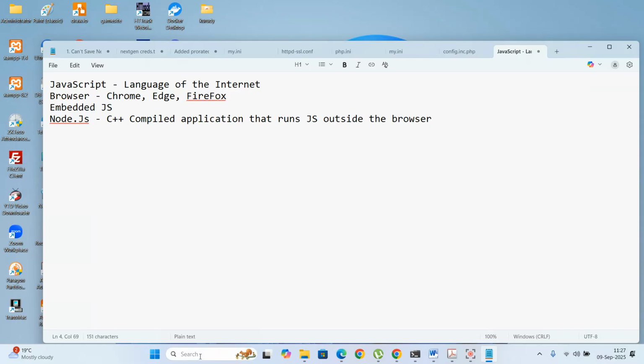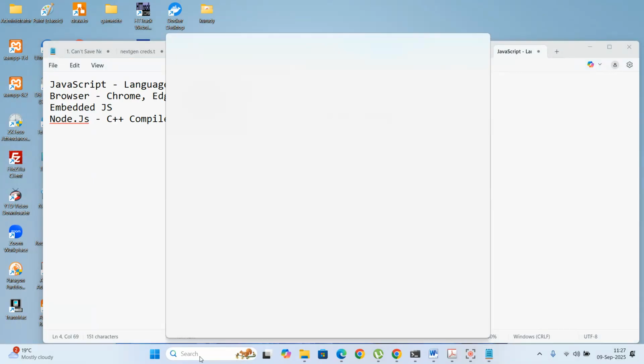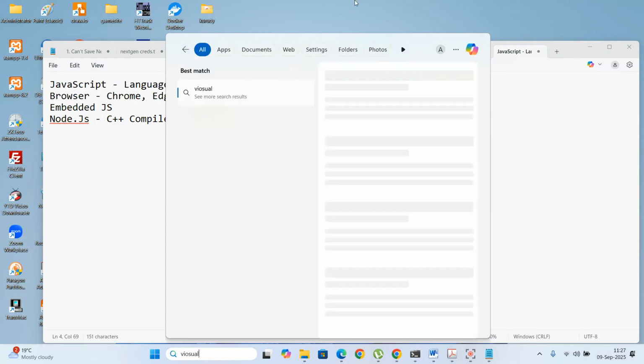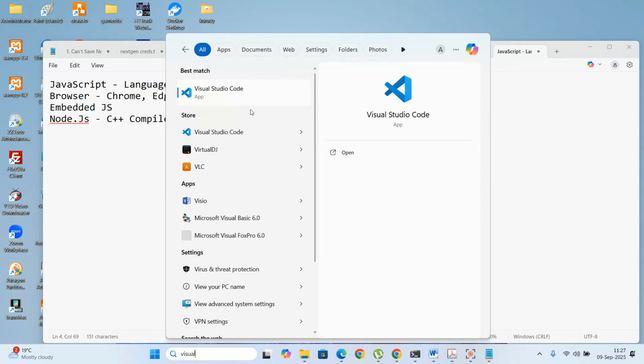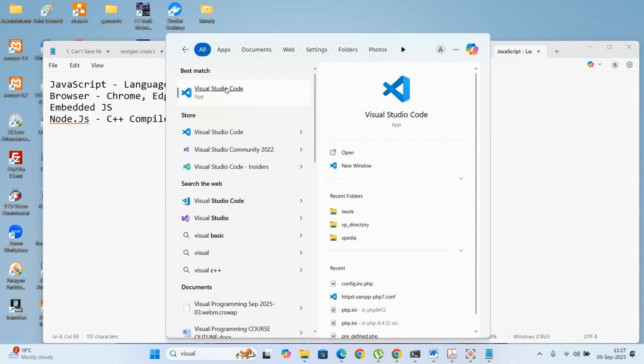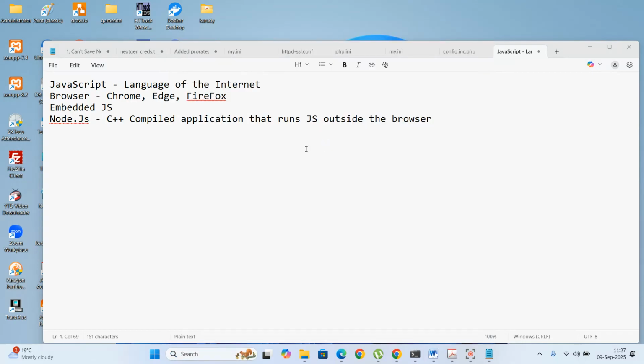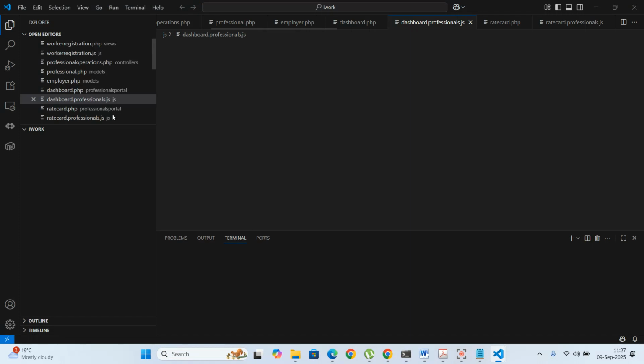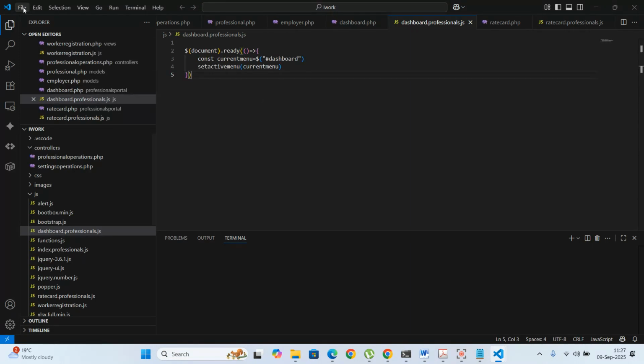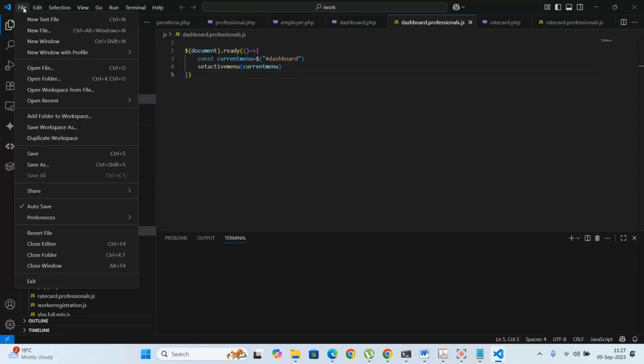A very classic example of what has been designed with JavaScript is what we are using here, which is referred to as Visual Studio Code. Visual Studio Code is actually designed using JavaScript. This is a JavaScript application. I know most people find it difficult to believe, but if you go online and ask which languages were used to design Visual Studio Code, you'll find it's actually just two things. One of them is JavaScript, and the other is a library called